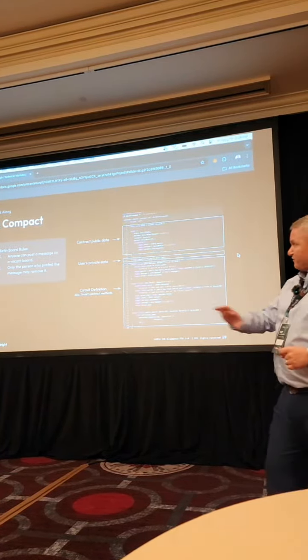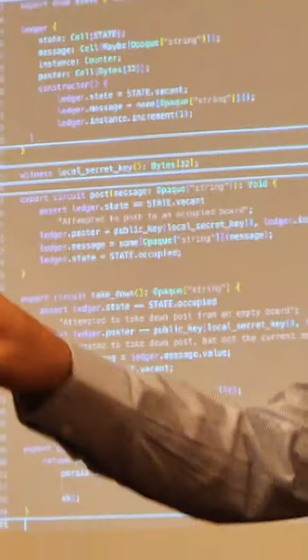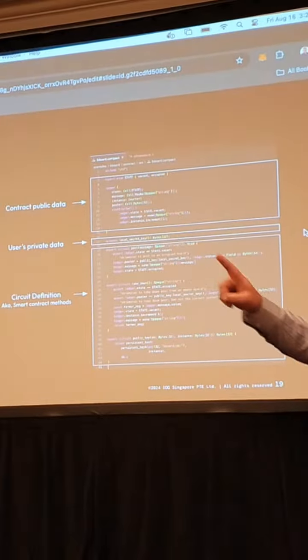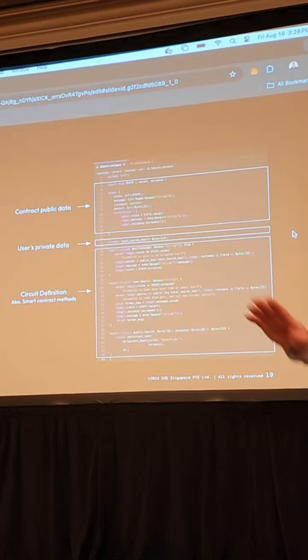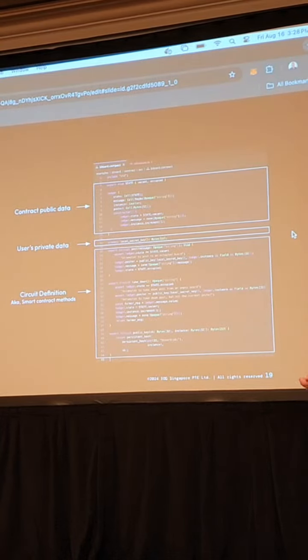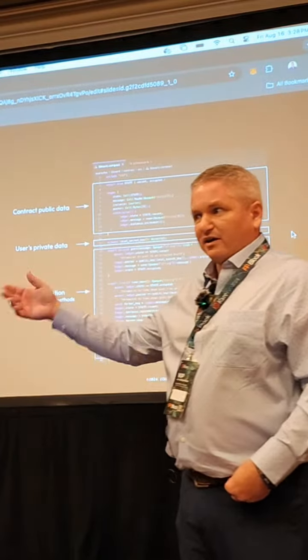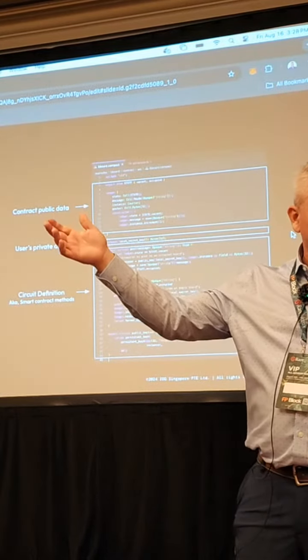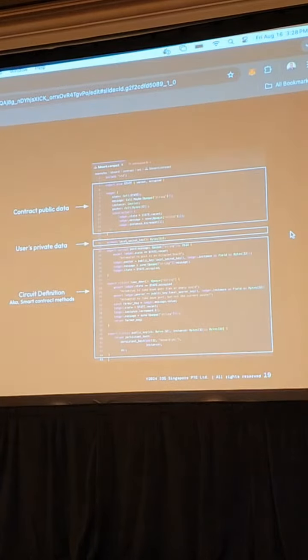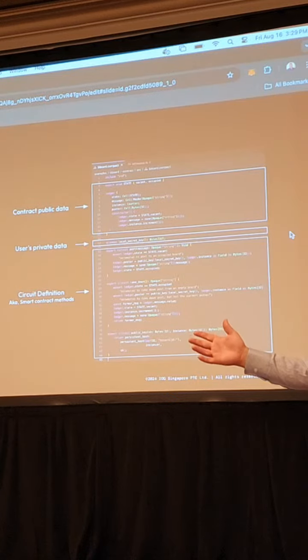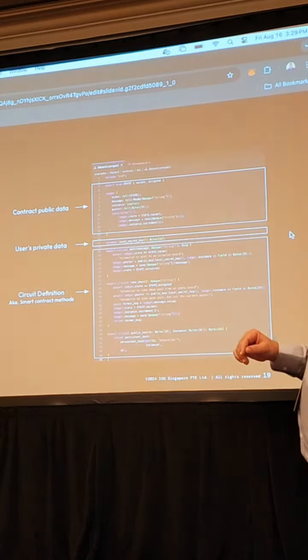The bulletin board is a very simple bulletin board. It's got 2 rules. First rule is you don't talk about Fight Club. No, kidding, sorry. First rule is anyone can post a message to a vacant bulletin board. So if there's nothing on it, anybody can come and post. All you need to do is know the address. The second rule is only the individual that posted it can take it down. That's it. Very, very simple set of functions.